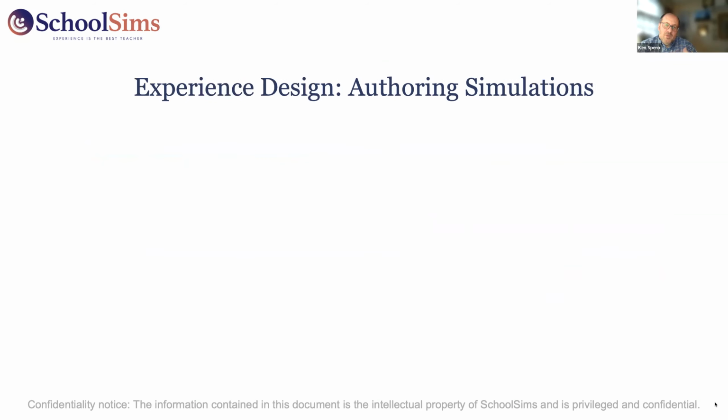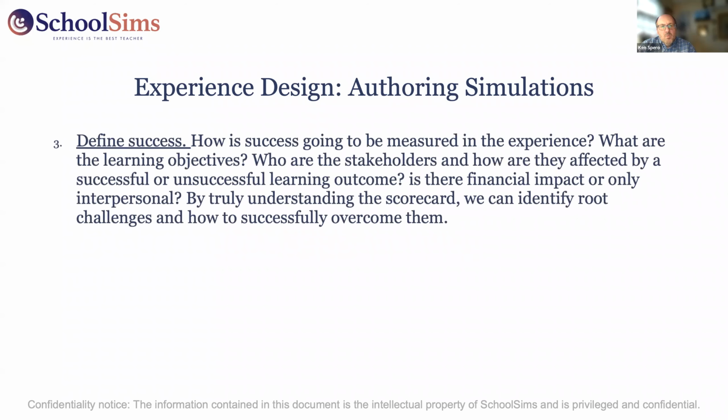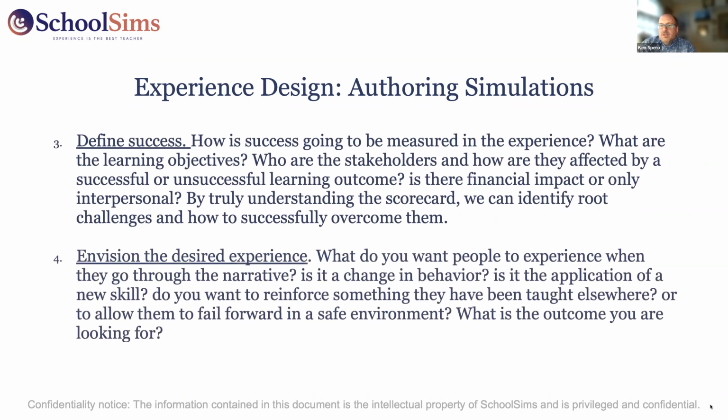And so real quickly, hopefully what we're going to unpack today is those first two. And now if you click again to get to 3 and 4, we'll also have to define, what does success look like, or what is kind of that scorecard, if you will? What are those underlying trade-offs or variables that are at play that make the decisions difficult? Right, there's always pluses and minuses that we're evaluating between, or different stakeholders. So what are those? And then just really think about more broadly the overall experience you want people to have. What is it you want them to struggle with? What do you want them to walk away with? So that we can then shape what it is that will ultimately develop.